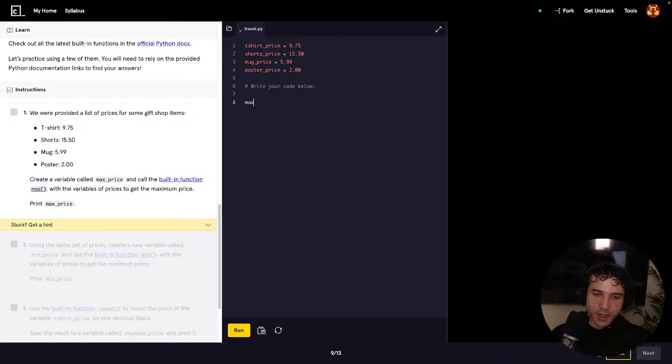So max price equals max. Call the built-in max with the variables of prices to get the maximum price. Print max price. So max t-shirt price, shorts price, mug price, poster price, and then we print